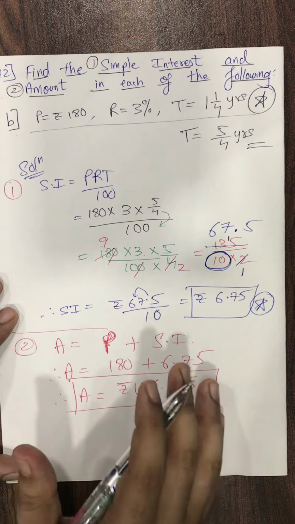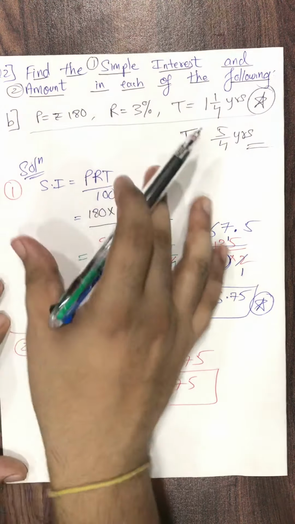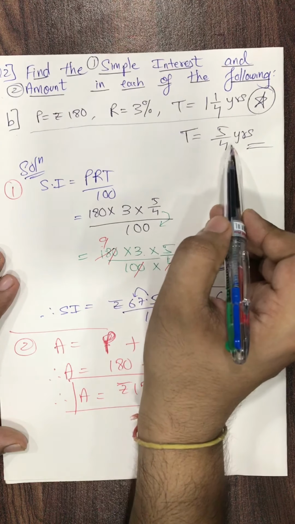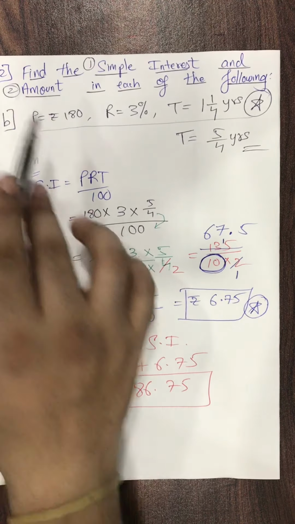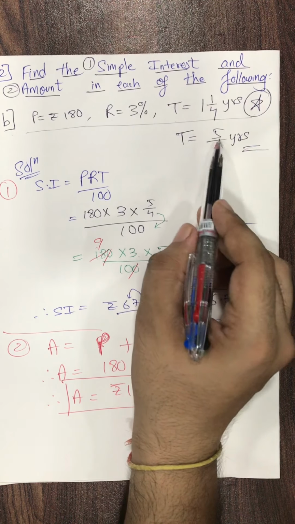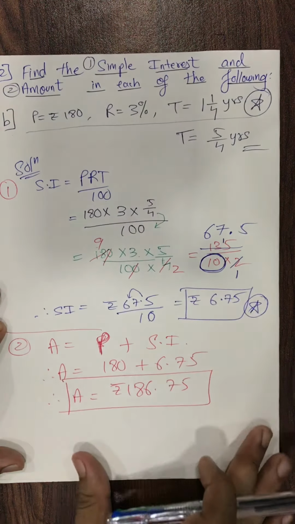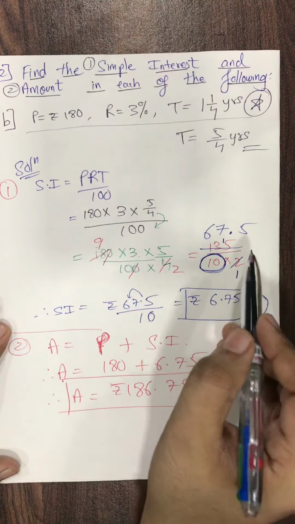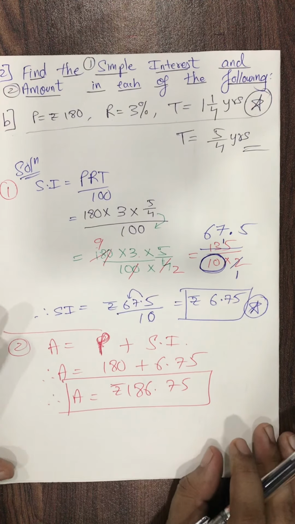Now please listen to me, students. Ideally I was about to give you sub question A as homework, but I'll very quickly solve it, not explain, because it's very simple. Here I selected this sum because there was a fraction. In the sub question A of question number 2, the time period is given as only 1. It will take 1 minute to solve. So please solve this question on your own now. I'm solving it in the video, but I'll go very fast and not explain. Pause the video and do it.